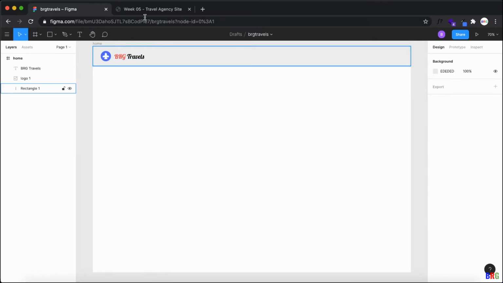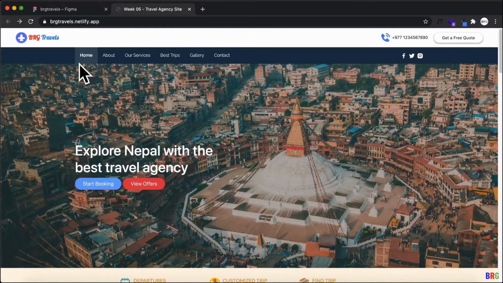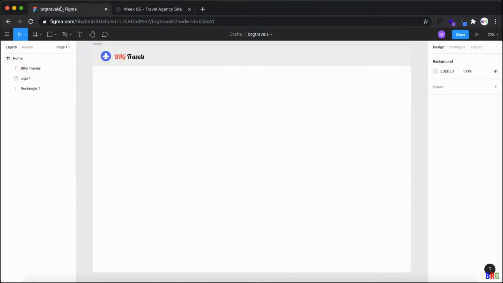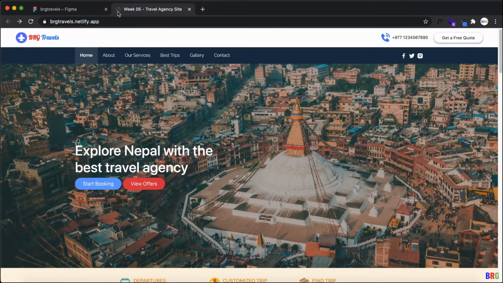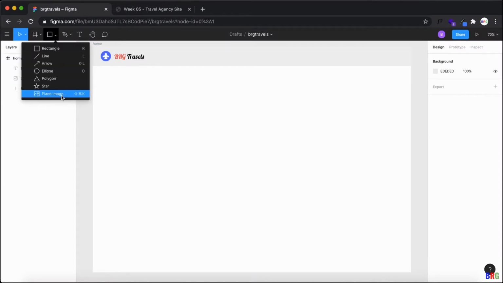Now I need to make these two, which are my phone number and get a free code. To do that, I need to get the phone icon.